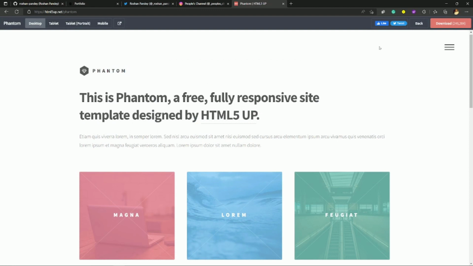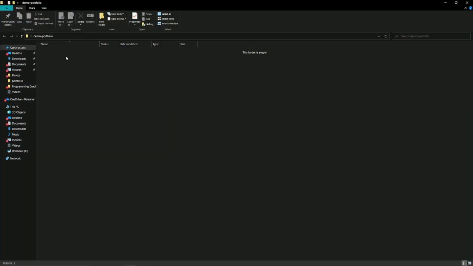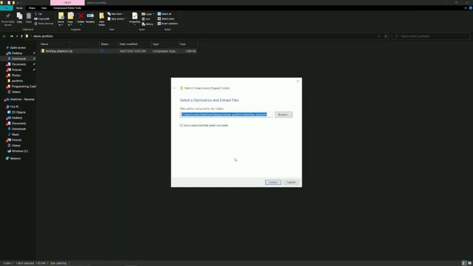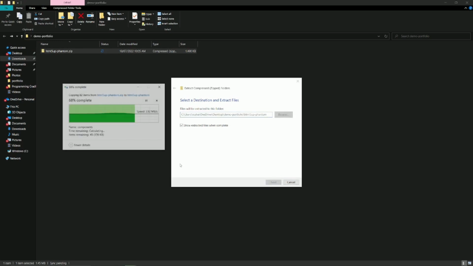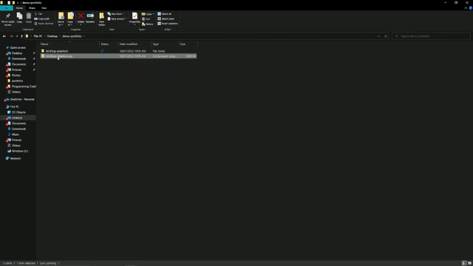Once you have downloaded it, make a folder on your desktop. So here I have created a demo portfolio, so move that folder to this folder. I mean the file which you downloaded, just move it to this folder. So I just copy pasted it from downloads to this folder, and then let's unzip it. Now that we have unzipped it, let me just delete the zip file,